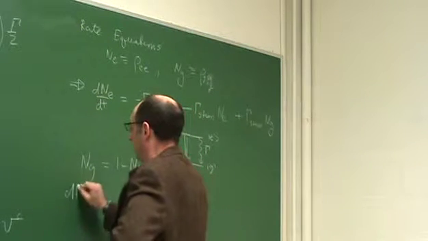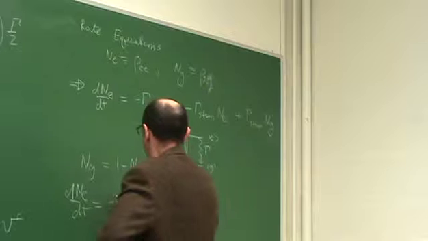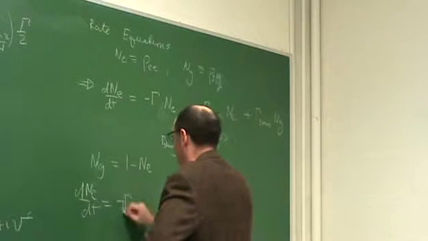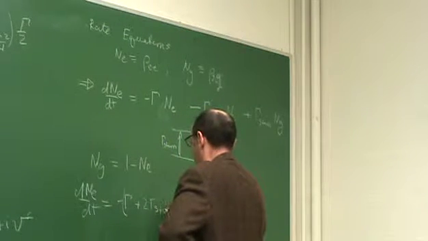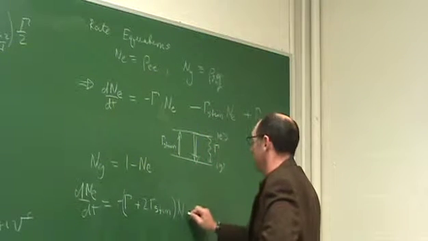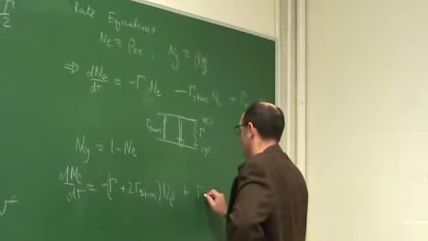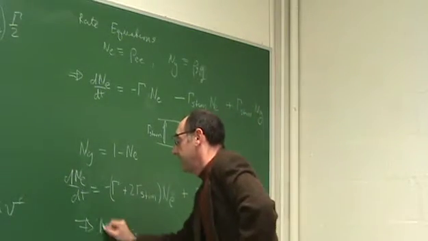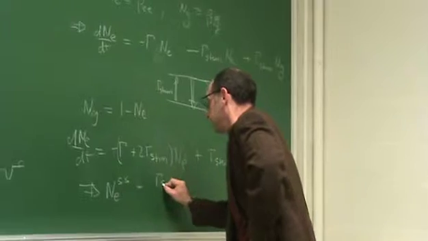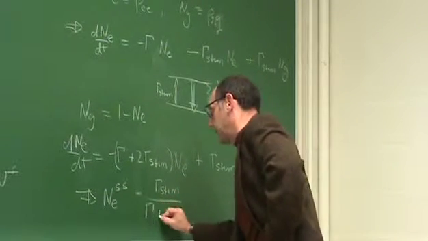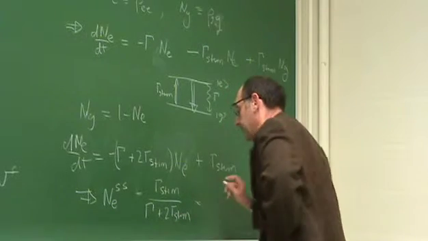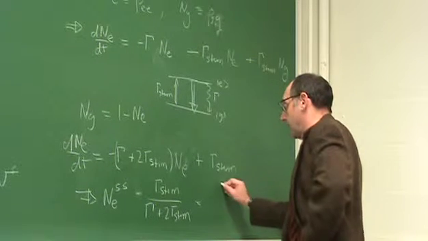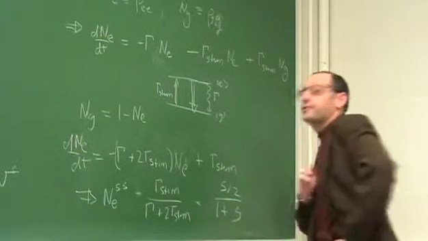So this tells me that in steady state, the number in the excited state is equal to the stimulated rate divided by gamma plus twice the stimulated rate, which is equal to S over 2 divided by 1 plus S,